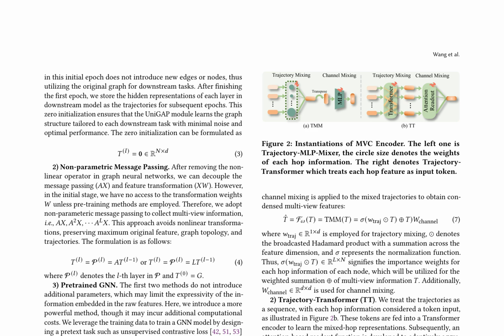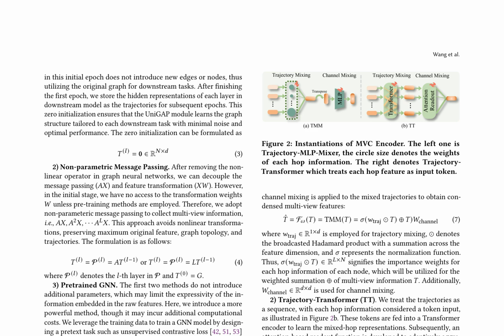Trajectory generation involves 3 methods to create node trajectories, capturing multiview information. The first method, zero initialization, initializes trajectories with zeros, ensuring minimal noise and tailored graph structure learning for each downstream task. Nonparametric message passing decouples message passing and feature transformation, preserving original feature and graph topology information. The third method, pre-trained GNN, leverages a pre-trained GNN model to obtain a generalized feature extractor, initializing encoding parameters in